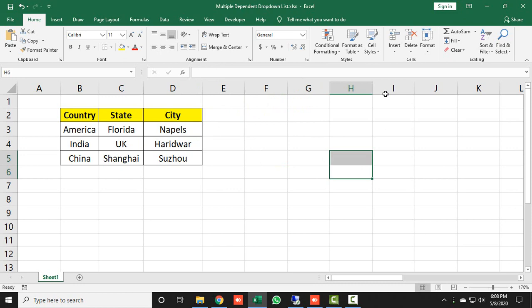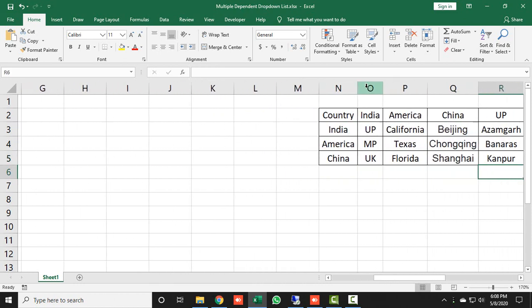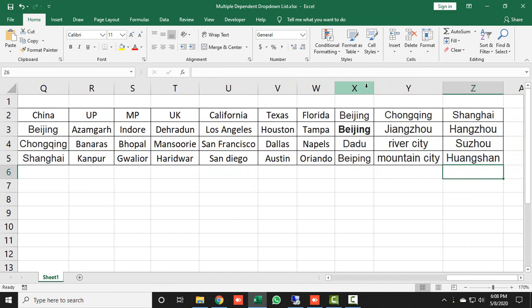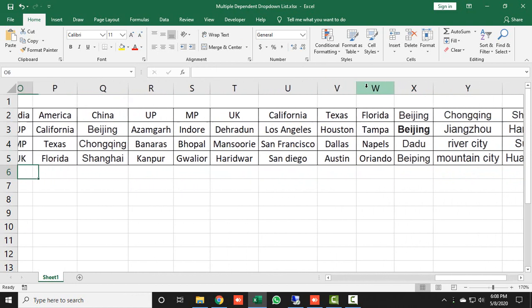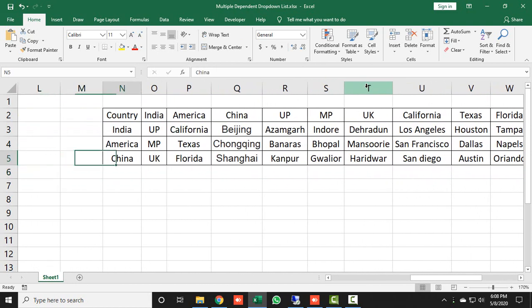For this, I have taken some data, as you can see, and on the basis of this data I have created this multiple dependent drop down list. Here I have taken some country names. Whatever country I have written here, let's say India, in the first column I have taken the name India, and the states belonging to India are mentioned over here.